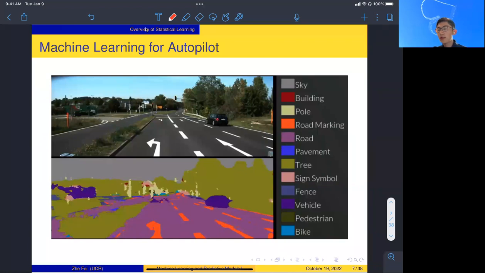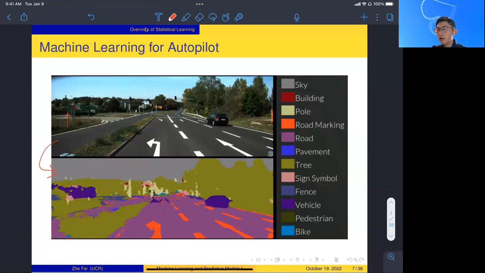We know that for those vehicles designed for autopilot, there are multiple cameras on the vehicle. Basically, the cameras capture the surrounding of your car, and so the raw image, which is what's on the top panel, you can think of as a picture or video. If you think of it as a continuous input, that would be a video. And what is omitted here is, through the machine learning algorithm, more specifically,